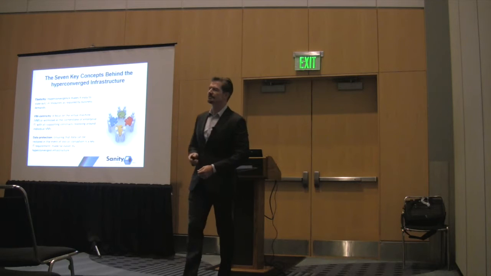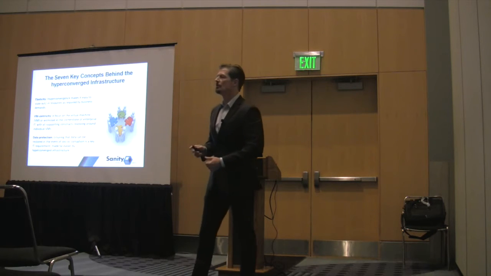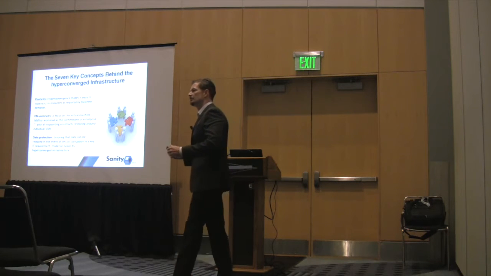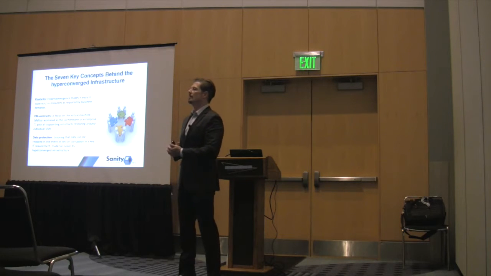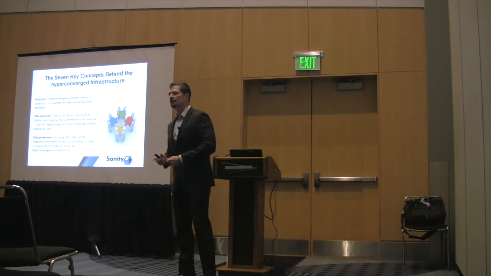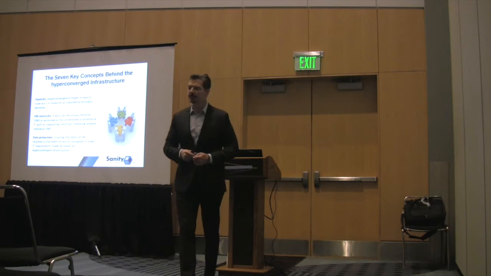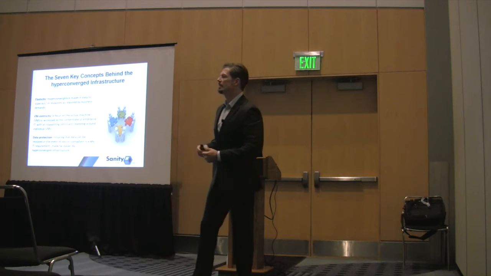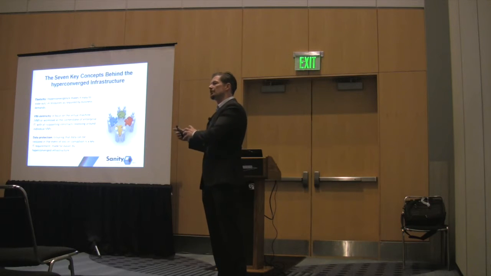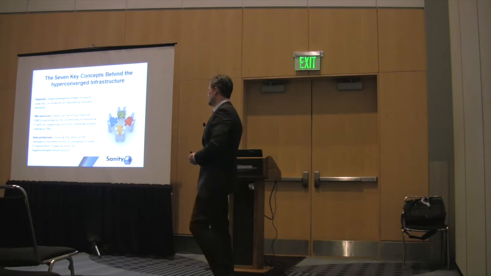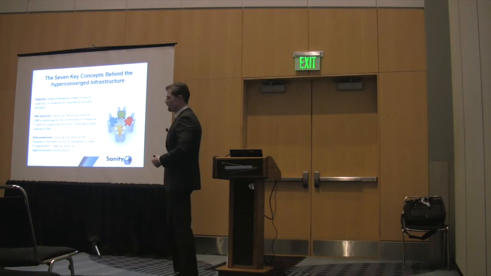The 7 keys to hyperconvergence. First and foremost is elasticity. We want to have the ability to not only expand but contract the environment. As we get into this presentation a little bit more, we're going to talk about things like cloud bursting and cloud orchestration that will give us the ability to rely on an external source to supplement our on-premise capability. VM centricity, right? We all know what that is.